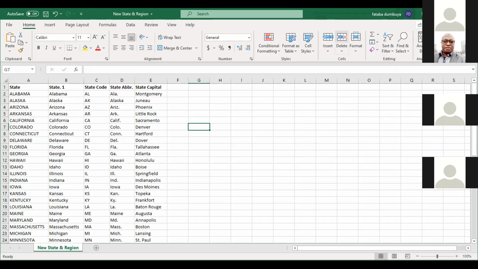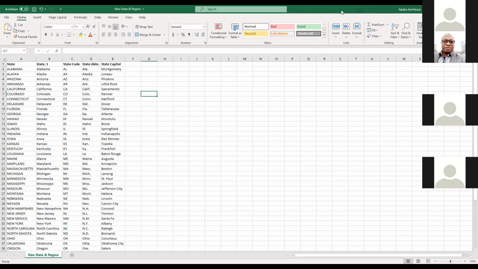Yes, yeah. Okay. So here we have almost what we did yesterday. You have a state code for that previous one. The other one that has region, can we see that, please? State and region.